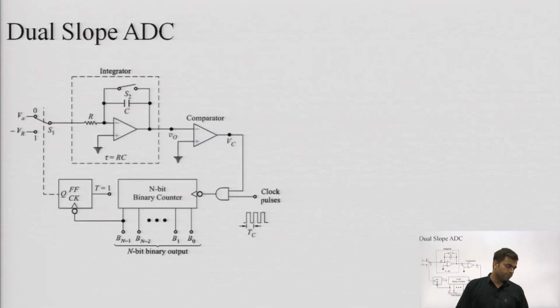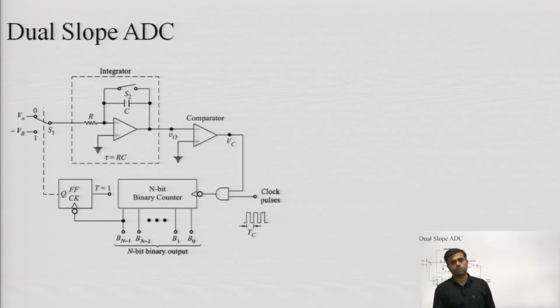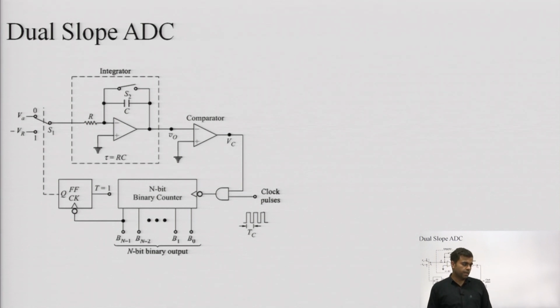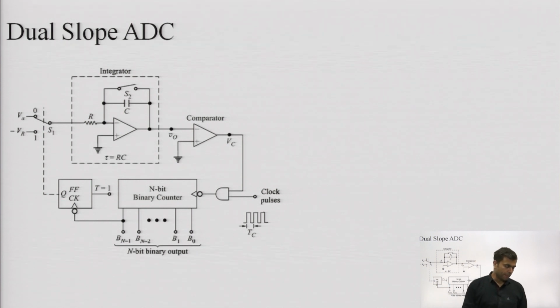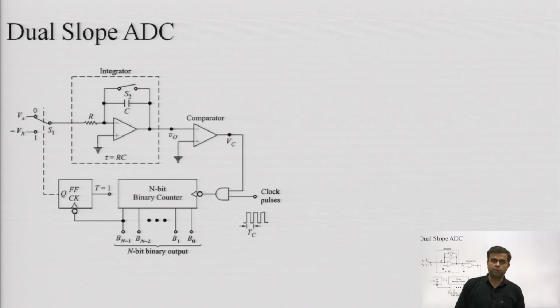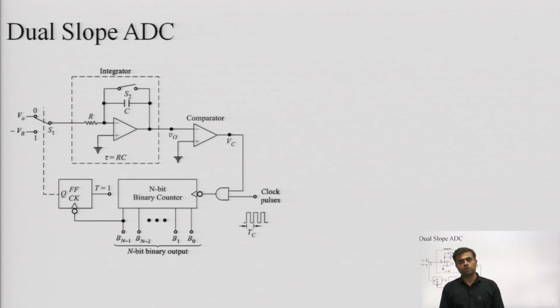Now we will proceed to the dual slope A to D converter. This dual slope A to D converter is the most complex circuit, we can say, but it gives satisfactory output, and it is slightly better in performance as compared to the previous two versions, although the fastest will always be the flash type A to D converter, or the parallel comparator type A to D converter, which we had covered in our last lecture. But for the time being, let's start with the process of the dual slope A to D converter.